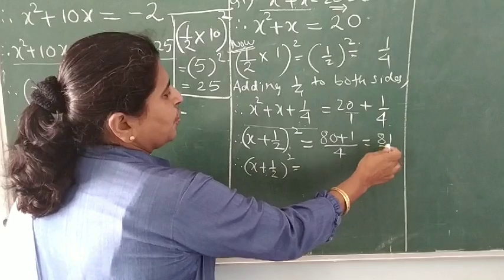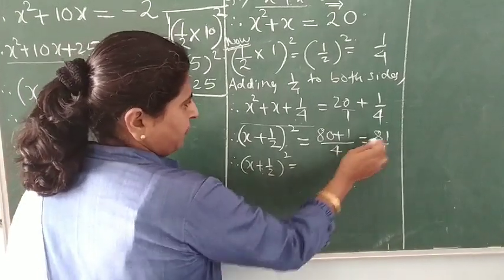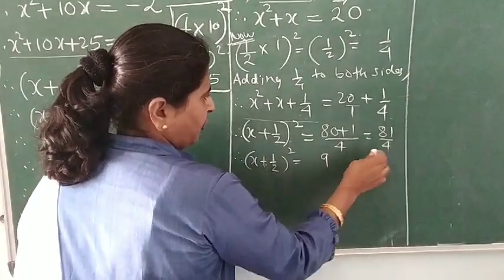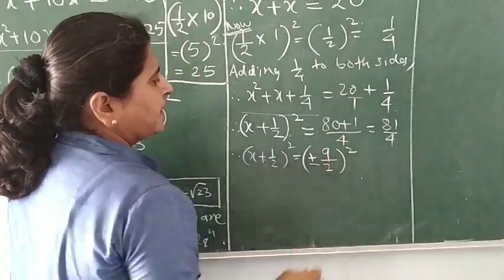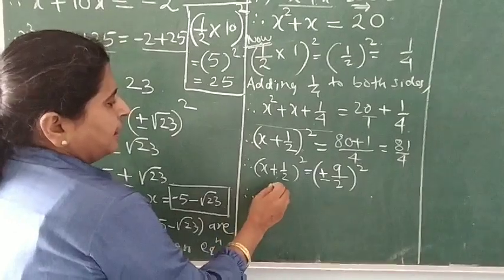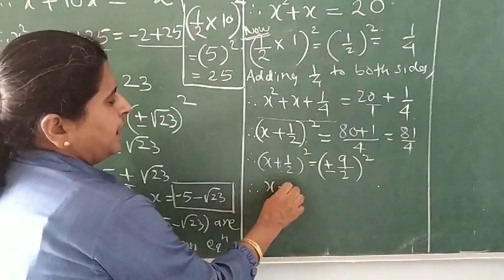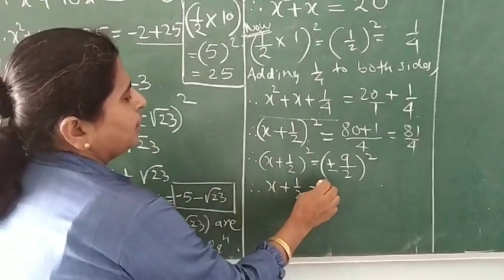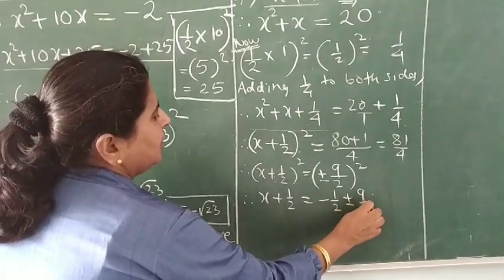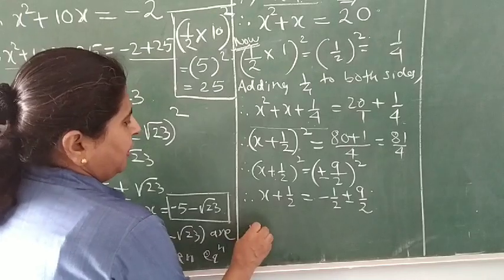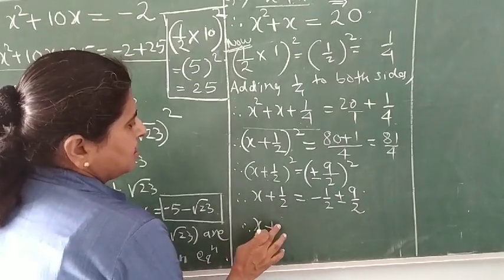What is the square of this? This will be the square of 9 upon 2, since 81 is the square of 9 and 4 is the square of 2. Don't forget to take plus or minus. Okay, it's the square of this. Therefore, now taking square root of both sides,